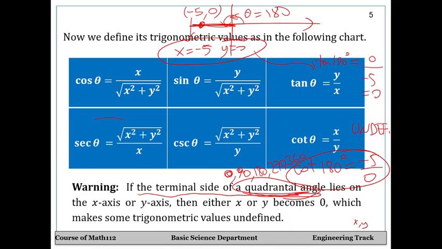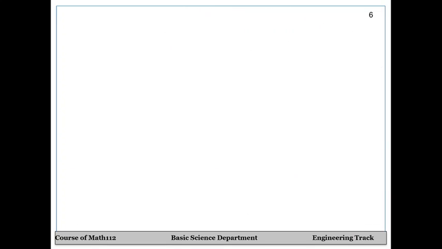If we have this type of angle, then x or y will become 0, and it will make some of the trigonometric values undefined. If x is 0, then secant theta is undefined. If y is 0, then cosecant theta is undefined. Now we'll see them